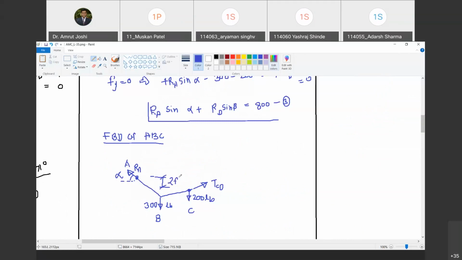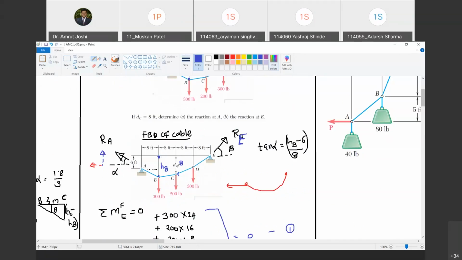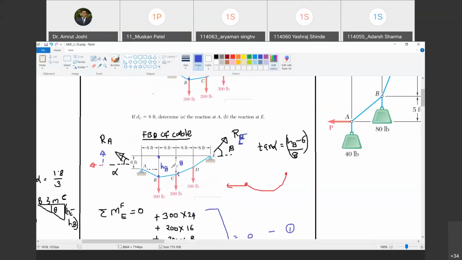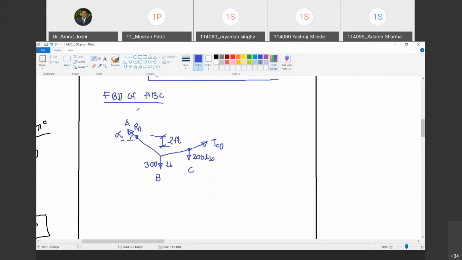Tell me if you have understood, otherwise I will repeat. See, distance DC is 8 feet. Out of that, the distance between A and this level is 6 feet. So therefore, the vertical distance between A and C is 2 feet. Are you with me? Yes, sir. And what is the horizontal distance between A and C? Tell me. The horizontal distance between A and C is 16 feet. So I will mark that as 16 here. Happy? This completes the free body diagram of portion ABC. Happy?